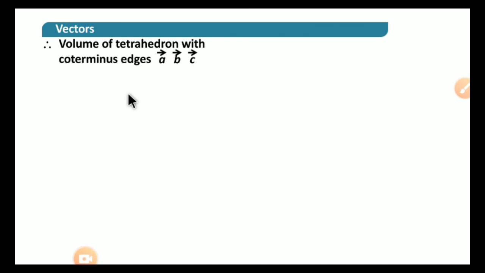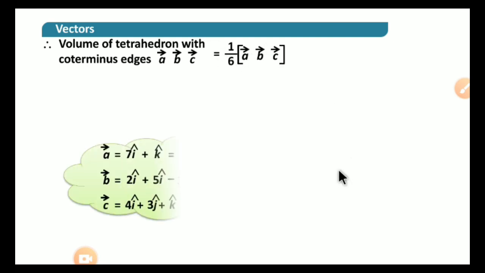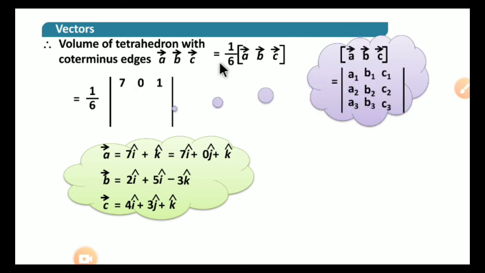Now consider the formula for the volume of a tetrahedron with coterminous edges A, B, C. This is equal to 1 by 6 into the box product A, B, C. Therefore, these are the vectors here. Now, 1 by 6 into that box product will be equal to again the determinant. That determinant contains 7, 0, 1, and the second row contains 2, 1, minus 3, and the third row contains 4, 3, 1. On simplification,